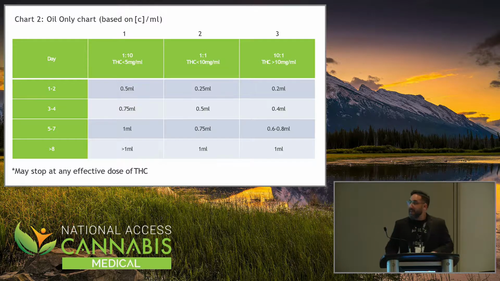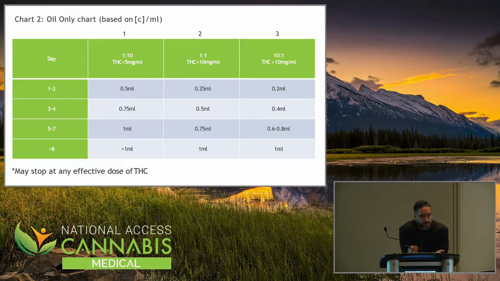There are some people that do need more. For example, when I say greater than 10, this is just a start. They can always go to more. I have patients, even elderly patients, who are using like an 18 milligram per milliliter or a 25 milligram per milliliter, who had never used cannabis before and now are up to like 1.5 milliliters at each therapeutic dose. So it's so variable. If you look at that Grotenhermen paper from 2003 looking at the PKPD, you'll notice the variability when it comes to ingesting cannabis is all over. That's why it's good to start them low, and eventually they may need to get up there.